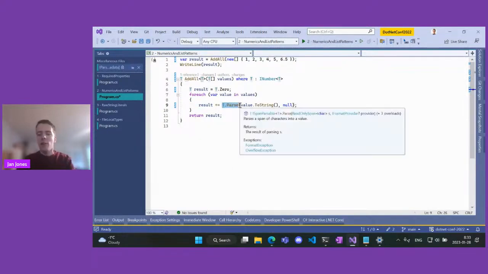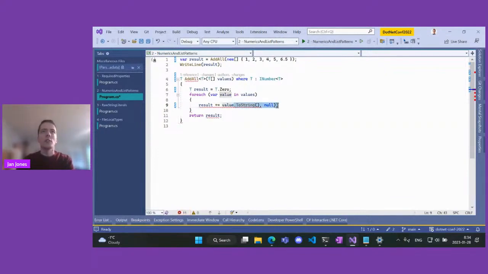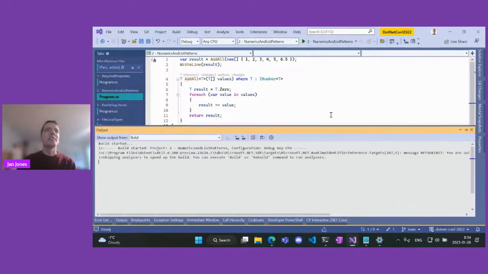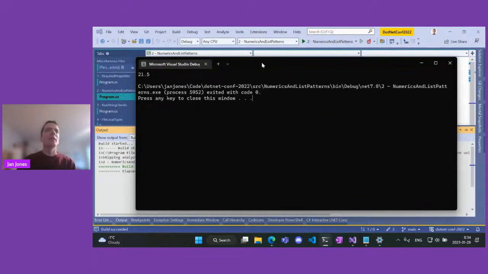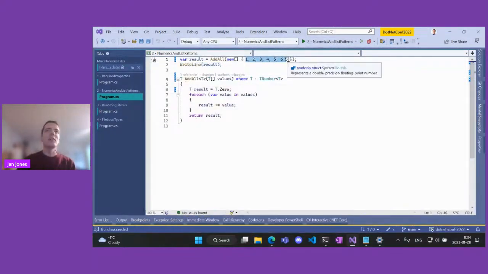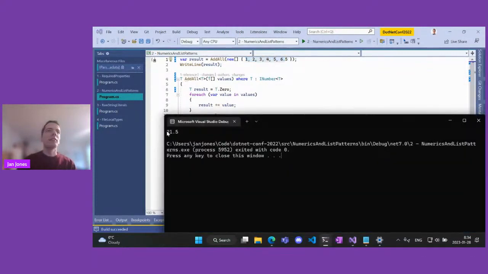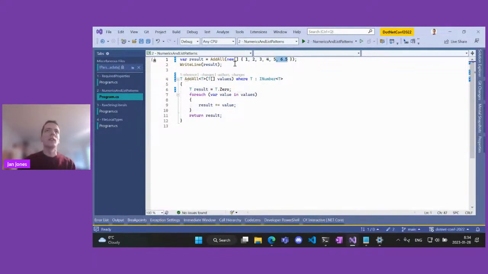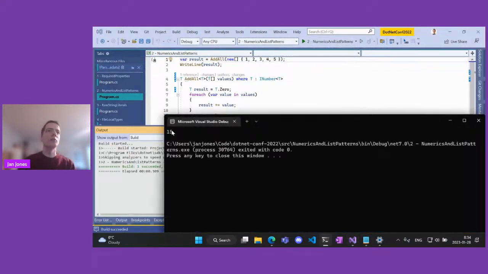So, one thing I forgot is to show you that this algorithm actually works. So let's run this. It sums the numbers here and gives us 21.5. And this is now a double version of the algorithm. If we removed the double, we would have int version of the algorithm and it would show 15.